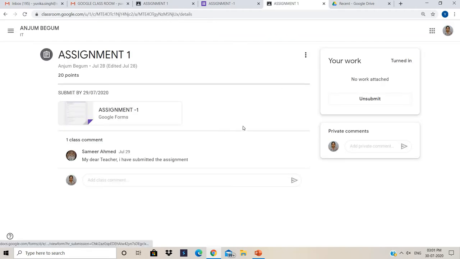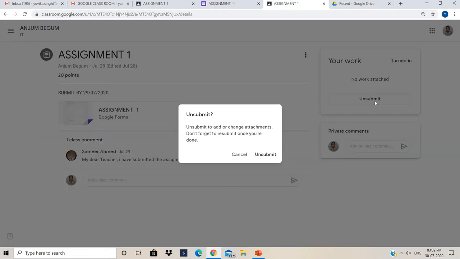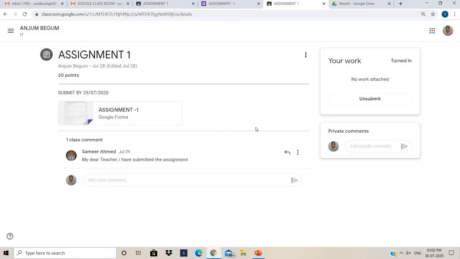It's taking a few seconds to open up. Now as you can see, I can see my assignment one page here. I have already turned it in, as we have submitted the assignment, it will be turned in, right? I can also unsubmit it if I feel that my answers are wrong. But after resubmitting it again, after solving it, it will be directly shown to the teachers that we have resubmitted it, and it may be possible the teacher may object to that, right? So I will just cancel it out.